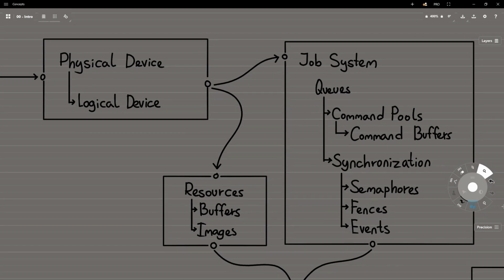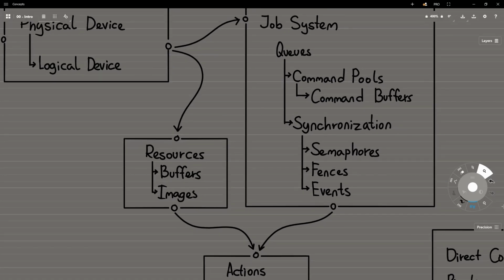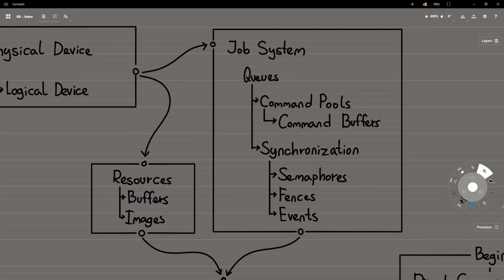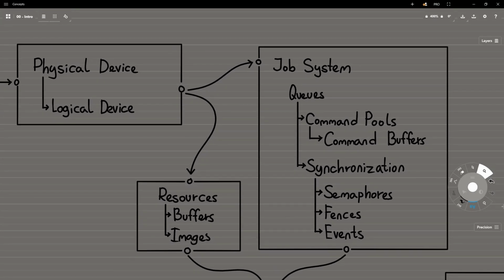So once we have the logical device and the physical device all sorted out, we branch into two possible paths that in the end branch together. But basically we have the resources, which are buffers and images. We have to create these. Basically these are data that we want to perform some operations on. And the next bit is something that I call the job system. And the job system is basically, okay, we have a connection to the logical device, but